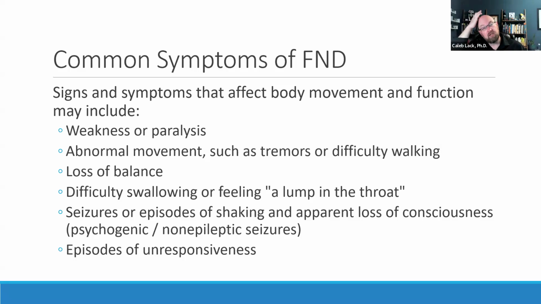And then we see very commonly one of these, and we'll talk a lot more about it later today, is the psychogenic non-epileptic seizures, or what used to be called pseudo seizures. This is where you appear to lose consciousness, you appear to shake and have what appears to be usually a grand mal type seizure from most people's perspectives. And that could be completely falling on the ground,